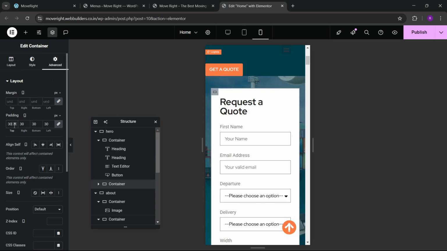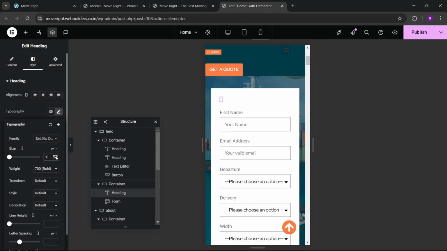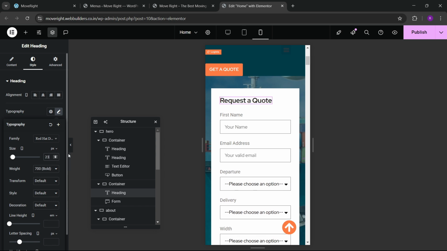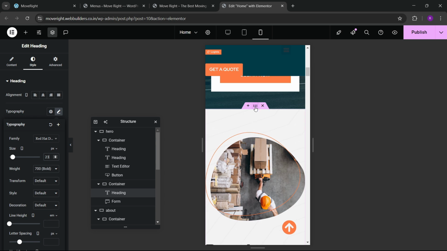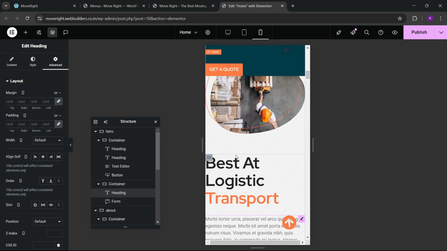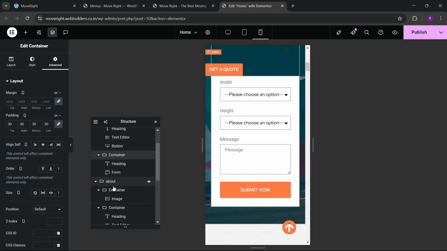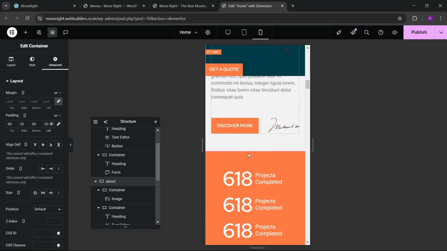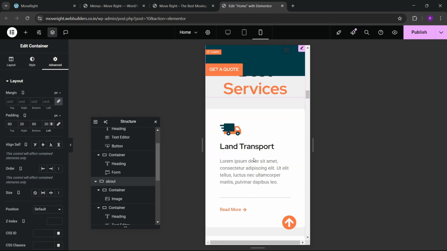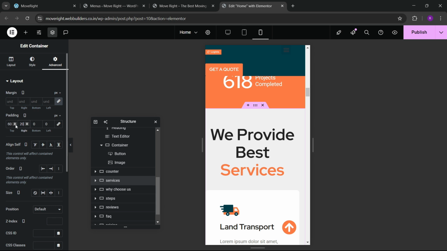Okay, like this, and here you can see that we have some more padding. We can put the padding of 30 pixel, and here we can put the padding of this. Now we can go to this, and here you can see that we can go to this container. Okay, then after that we have this about us section. Here we can go to this 60 20 60 and 20 again, and here all of these are ready. Here also you have to just go here, and here you have to just put 60 20 60 and 20,